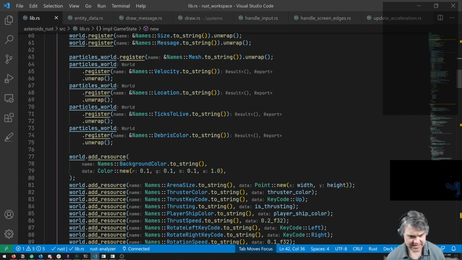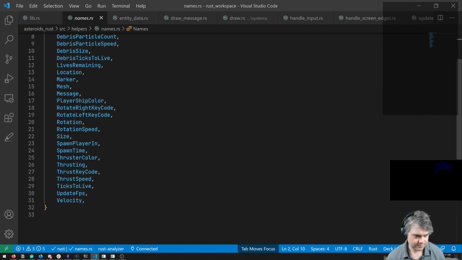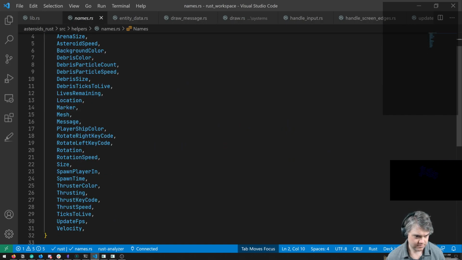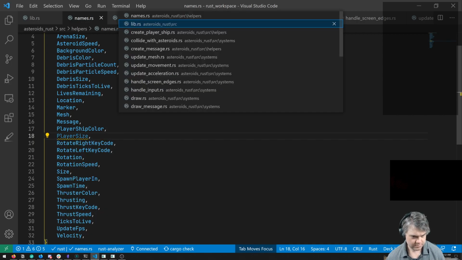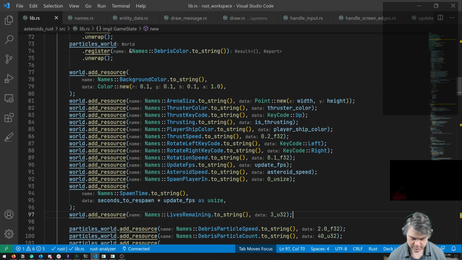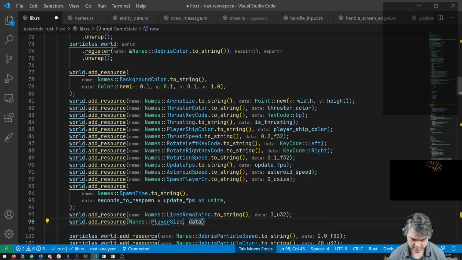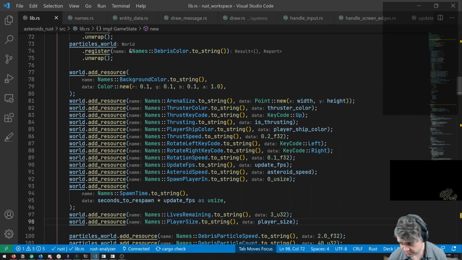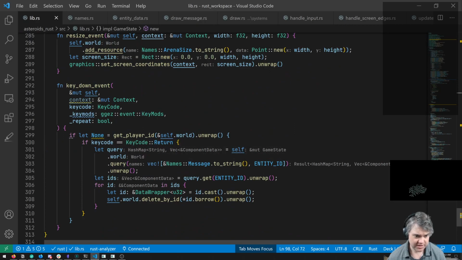If we threw player size as a resource in here, then we're going to be able to get out of here the player size.